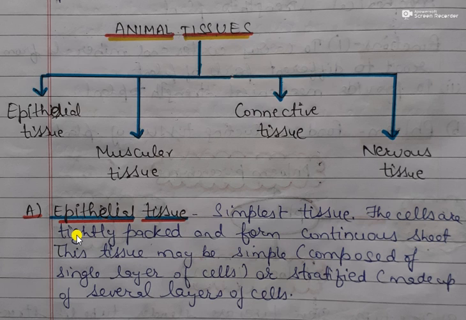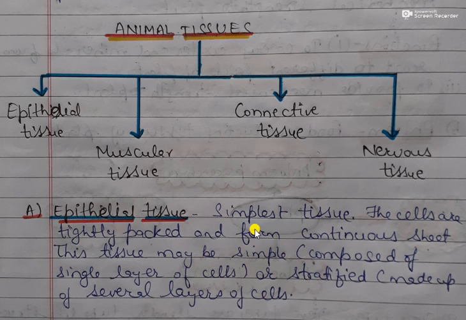As in plants, we have studied that the epidermis of the plant provides protection to the various plant parts. Similarly, the epithelial tissue in animals is also made for protection. The basic function of epithelial tissue is to provide protection to the various parts of an animal. Alright, so first today we will be talking about epithelial tissue.